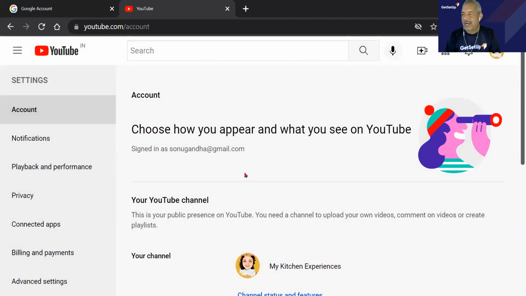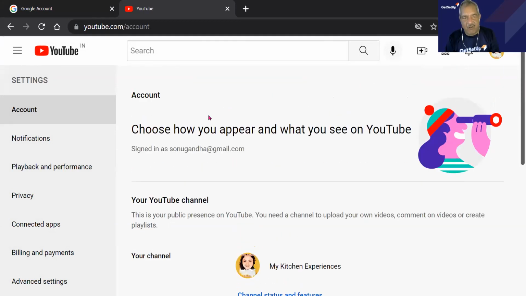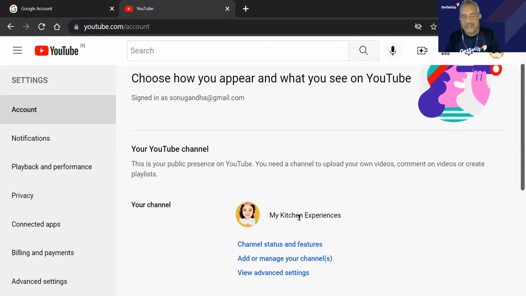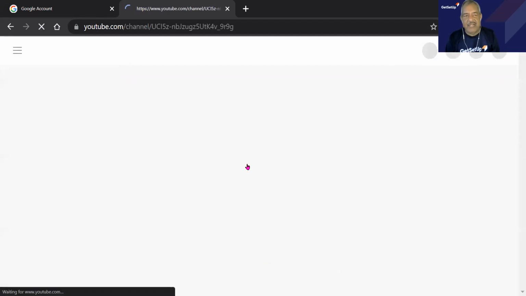Within the settings we get all the things. This is the main channel, and from here we can add or manage channels or add pages, as we call them.